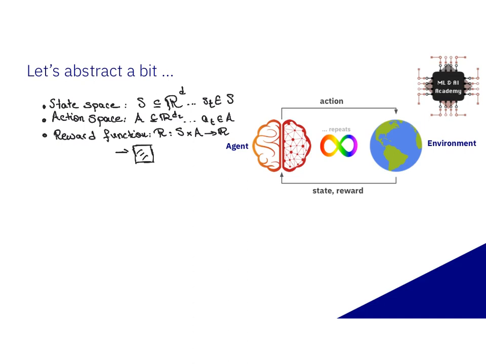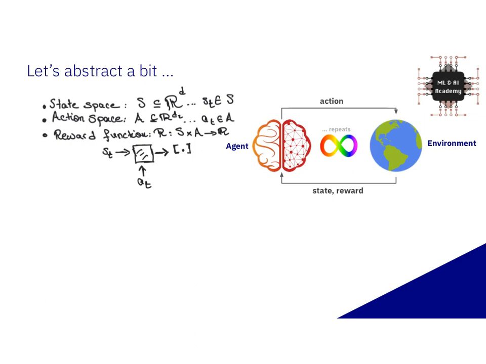It will take some ST, which is in this space S, and it's also going to take some action AT, which is in this space A. On the output, it will produce some real number that somehow quantifies the